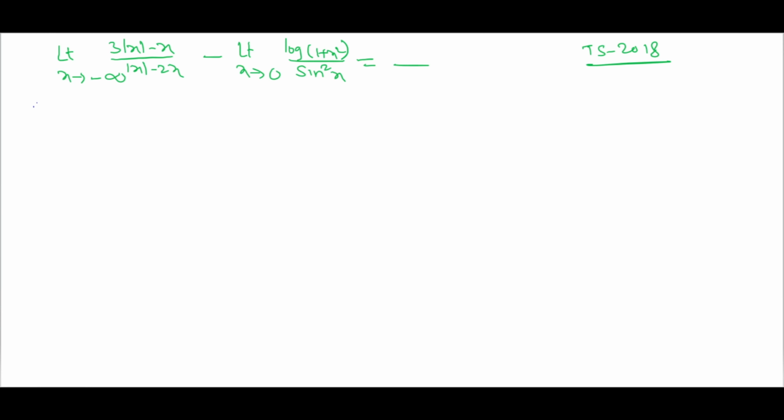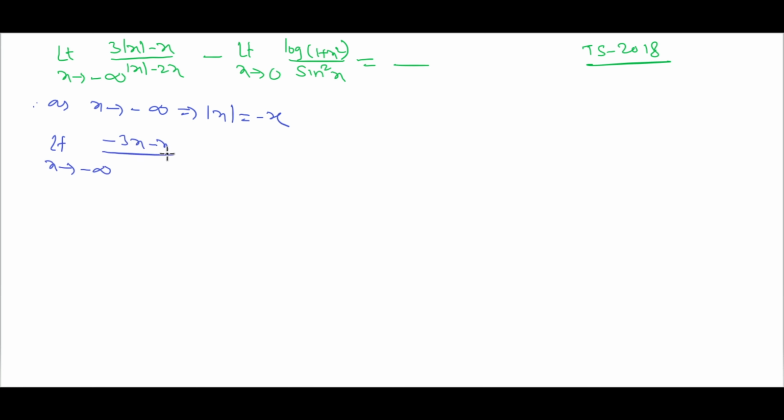Limit x tends to minus infinity, (3 mod x minus x) by (mod x minus 2x) minus limit x tends to 0, log of 1 plus x square by sin square x is equal to dash. This problem is from MSET 2008. Here it is given x tends to minus infinity. So mod x value is minus x. Substituting this value, that is limit x tends to minus infinity, 3 mod x, that is minus 3x